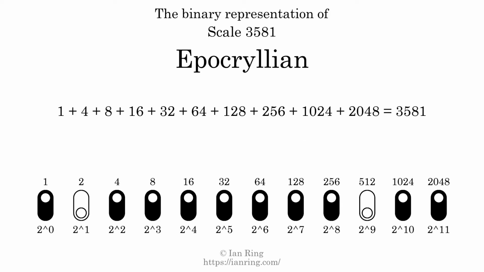The powers of 2 that are present in the scale, all added together, equals 3581. That is why the scale number, in decimal, is 3581. The scale number not only enumerates the scale with a unique index, but it also literally describes the tonal content of the scale. Represented as a binary number in base 2, the scale number is